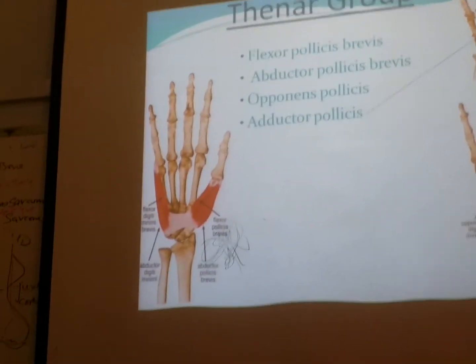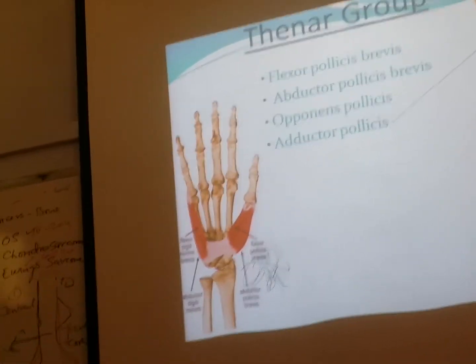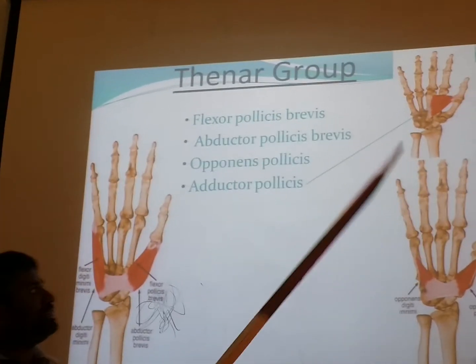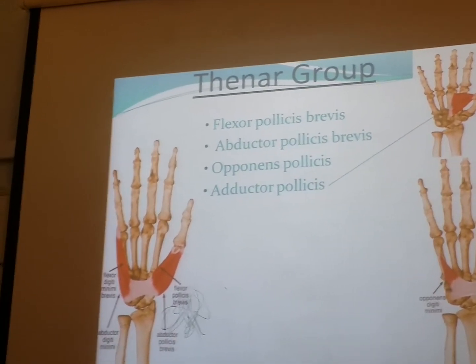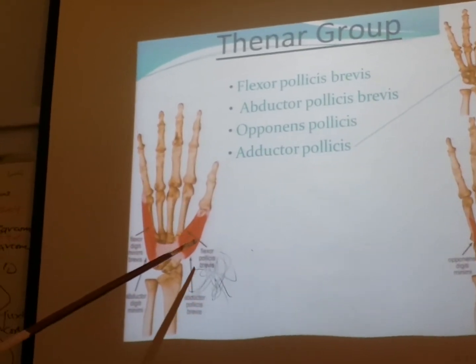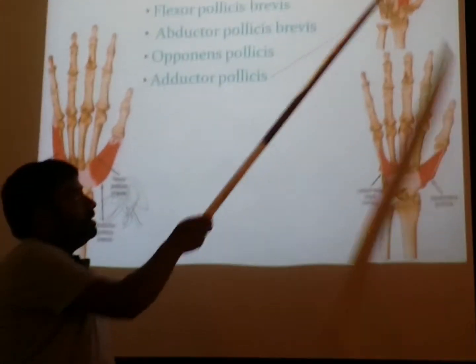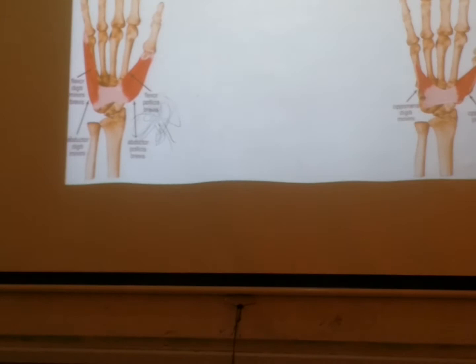You don't have any adductor from the forearm, only the abductor. So this is the adductor pollicis, which is transverse. See this? You can see all the 4 muscles here: the flexor pollicis brevis, abductor pollicis brevis, opponens pollicis, adductor pollicis. Am I clear? These are the 4 muscles